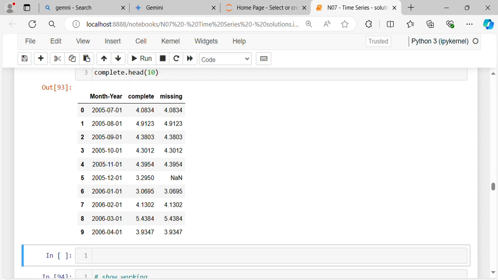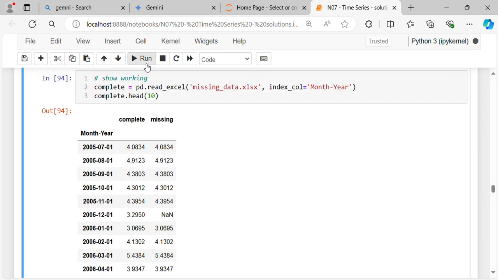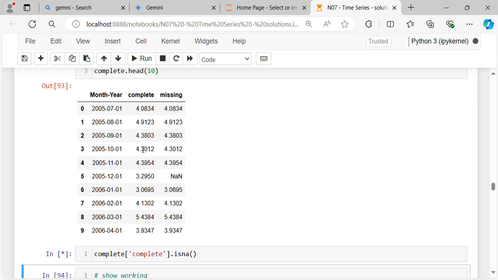So let's have a look. We want to see if there are any missing values in the complete column. So isna, and when we run this we get